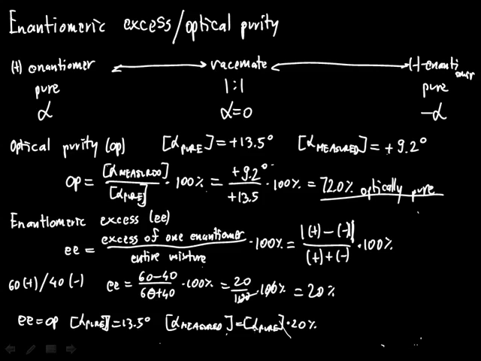And then we will get the value which is, yes, 2.7 degrees. Yeah. Both of these concepts of enantiomeric excess and optical purity are useful for quantifying the outcomes of